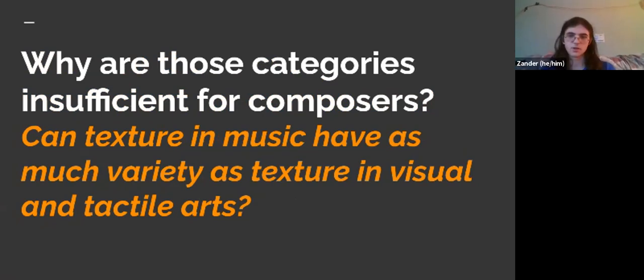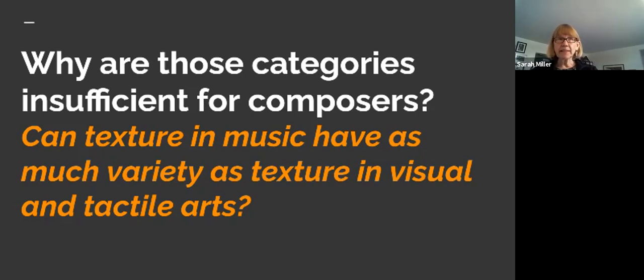Wouldn't texture also refer to the timbre of the instruments, the mixture of the timbre of the instruments, and how that feels in your ears, and also maybe specifically how the arrangement is voicing the chords, how the different voicings of everything and the rhythms and the articulations come together to create whatever it is that you're feeling with your ears. Yes, very good.